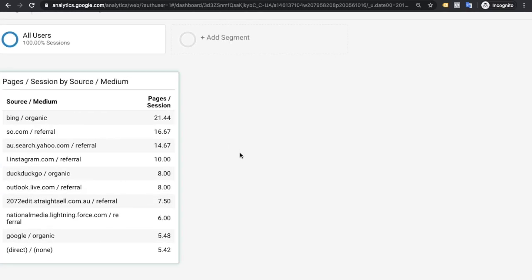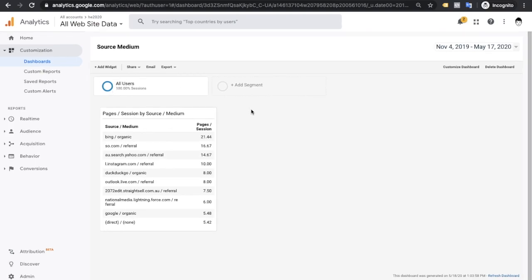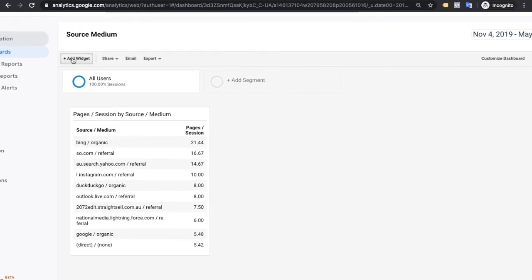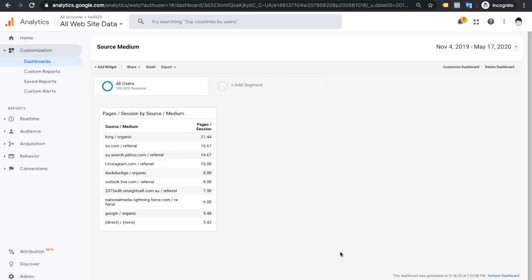See, here is a custom dashboard. In this custom dashboard, you can add more widgets. Click on add widget and you can follow the same process. This way you can create a custom report.